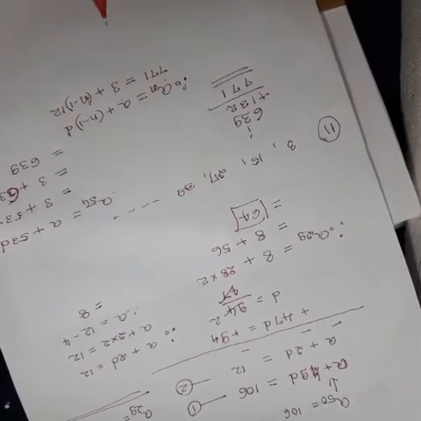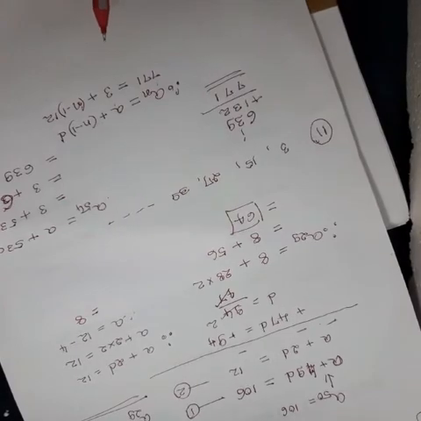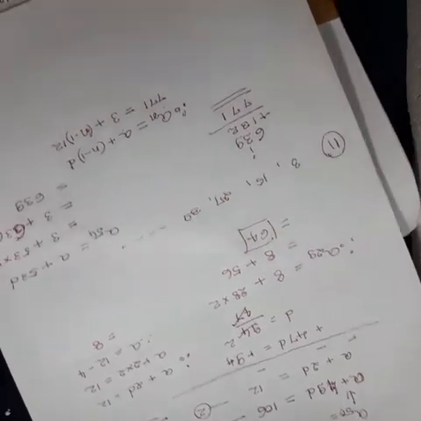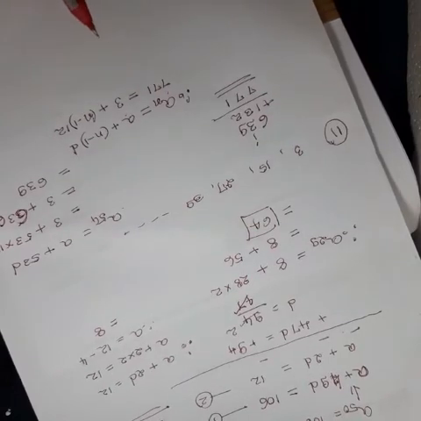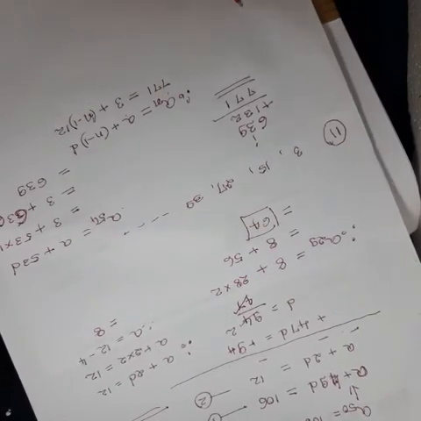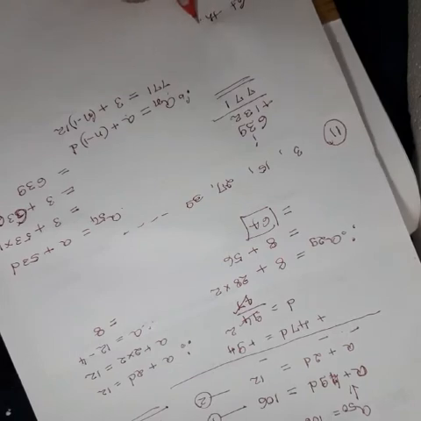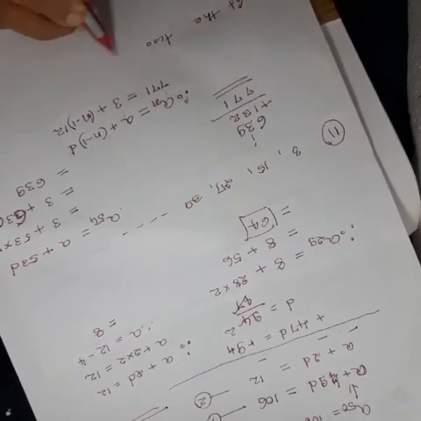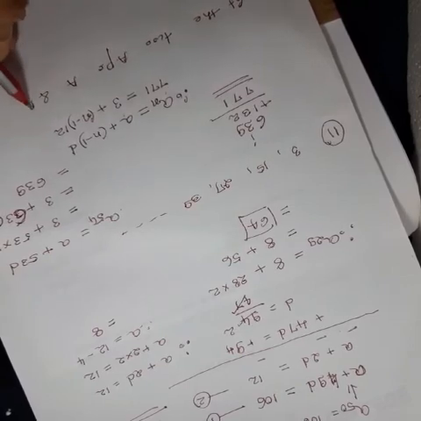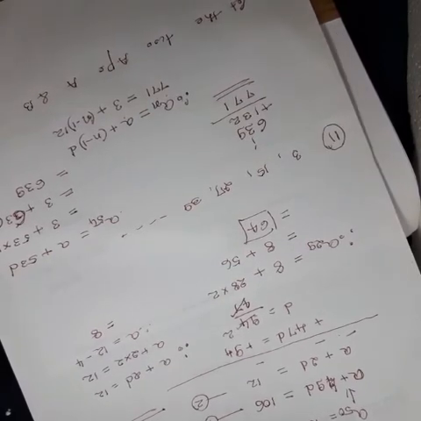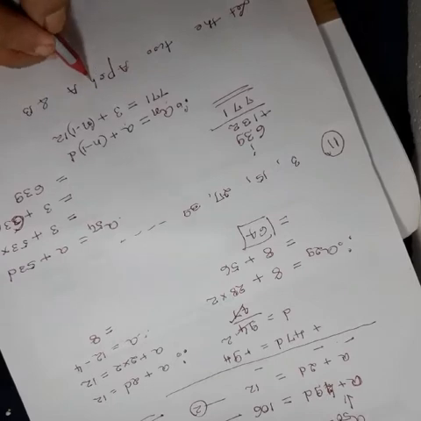And what's the time? Okay, I have to check that again and again, otherwise it becomes tough. Now 2 APs have the same common difference, they have given. So what you should do is, let the 2 APs be A and B. You can take it like that.